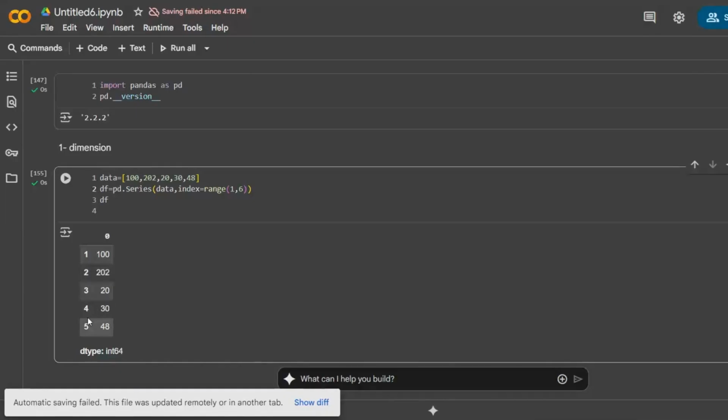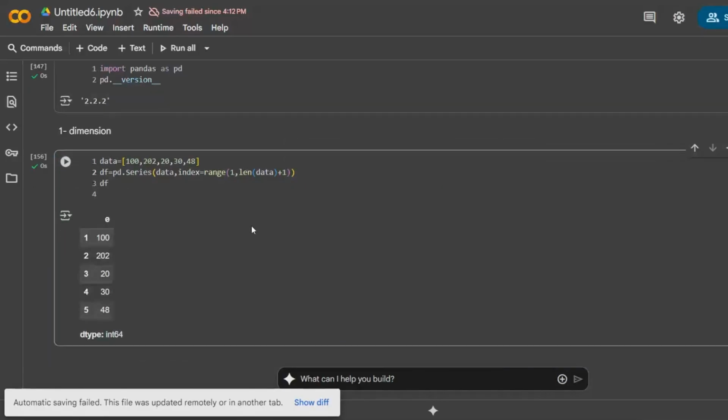It will start from 1 to 5, and this is how we can change the index of the array, or we can also type the end of data. That will also work. Anyway,